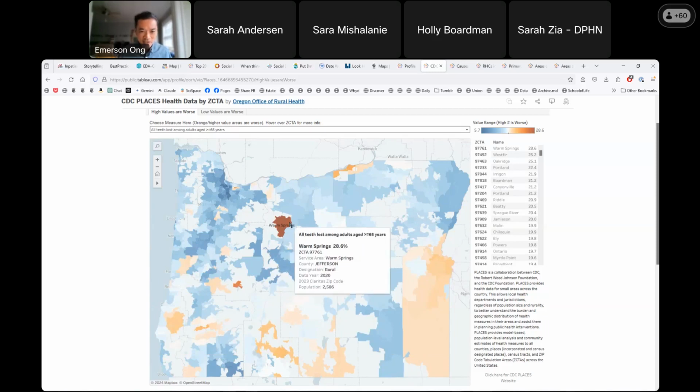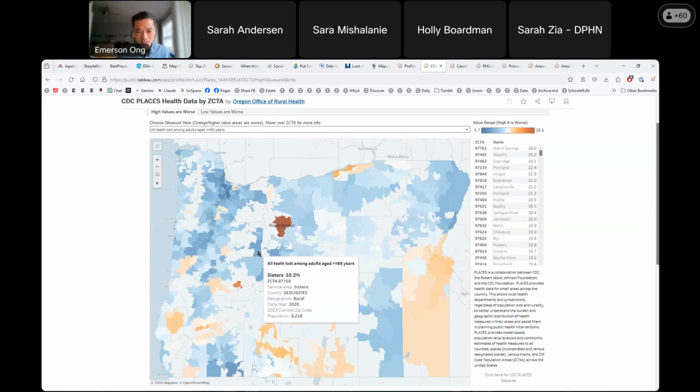Then all you have to do is hover over each area. You don't have to click on anything else, and it'll give you more information on that particular ZCTA. There's a table here too. When you click here, this will send you to the actual CDC Places website, where you can look at a lot more data and download